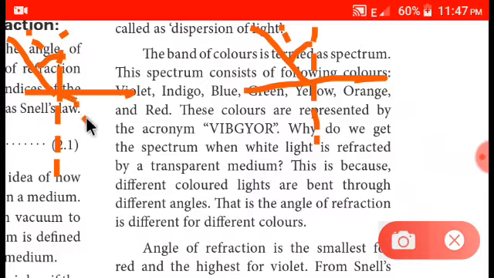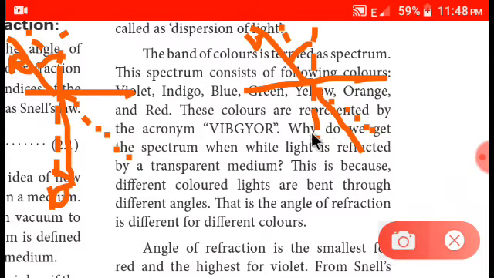And what you might be saying is that this is the path which the light must travel if there is no interface. What I said, this is red color light and this is violet color light. This is because different color lights are bent through different angles. That is, the angle of refraction is different for different colors. If this is red and it is going to bend more, it's just for an example I am saying, and this is violet, so it is going to bend less than red. So this may be 10° and this may be 20°,